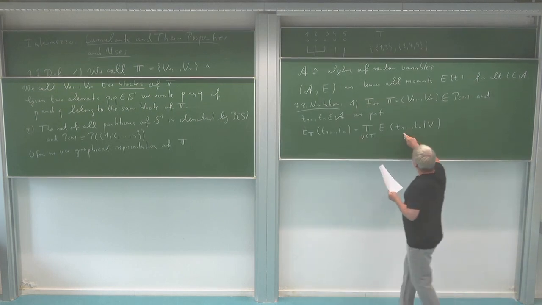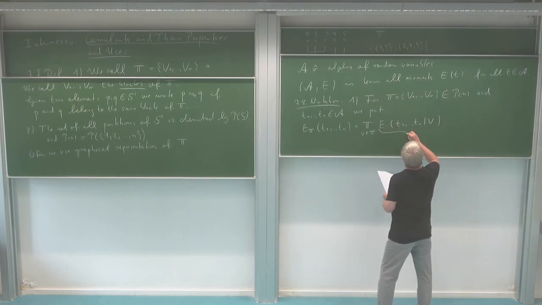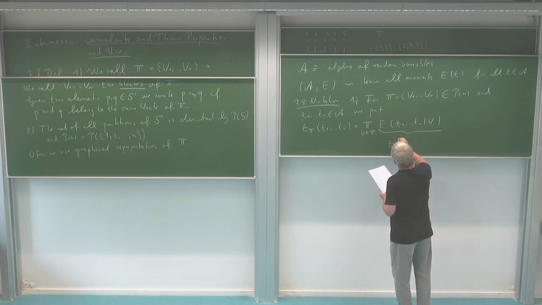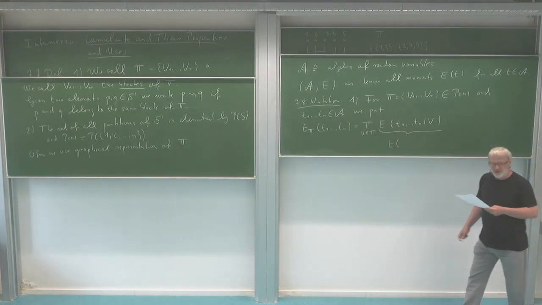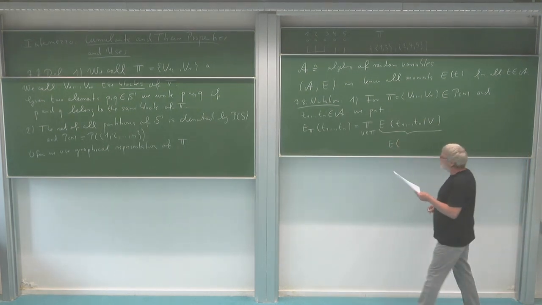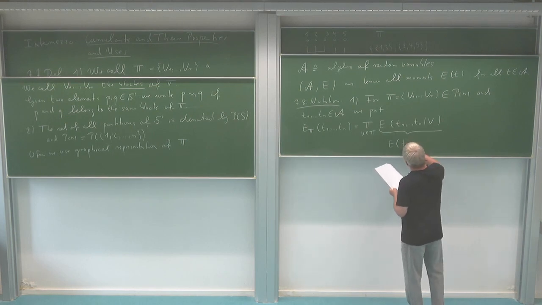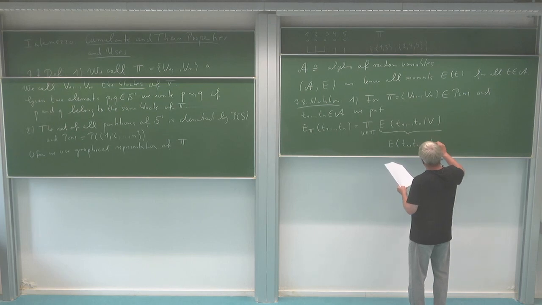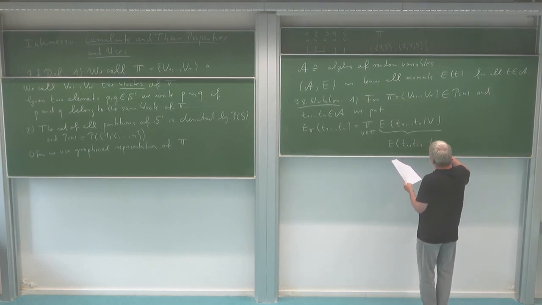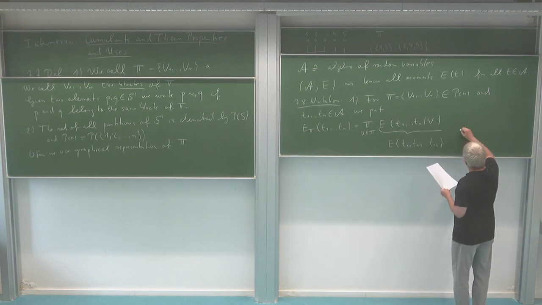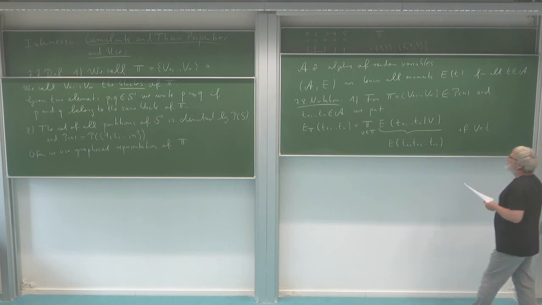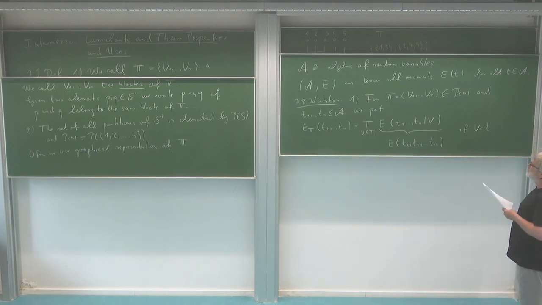So this here is just the expectation of the elements which are sitting at positions given by my block. So this is just E of t_{i1}, t_{i2} up to t_{is}, if my block V, I mean this is a block of a partition of 1 up to n,